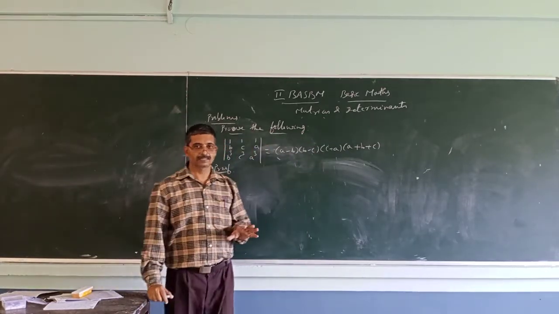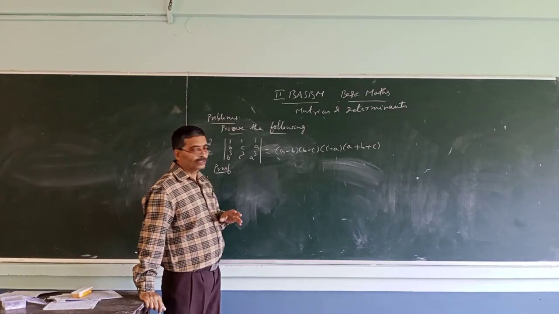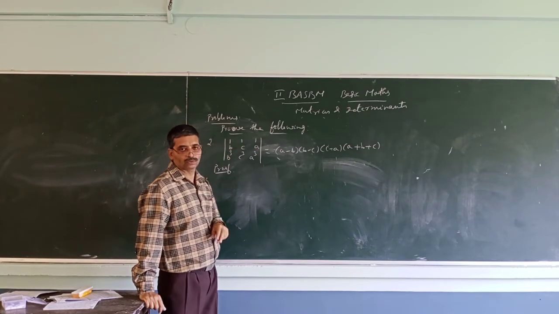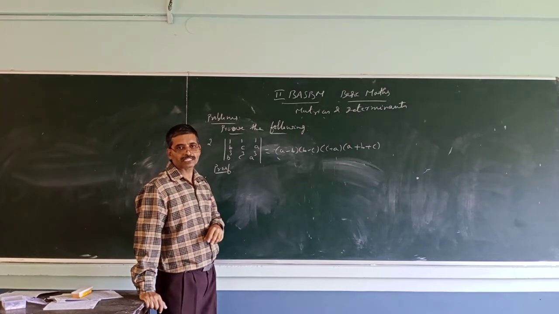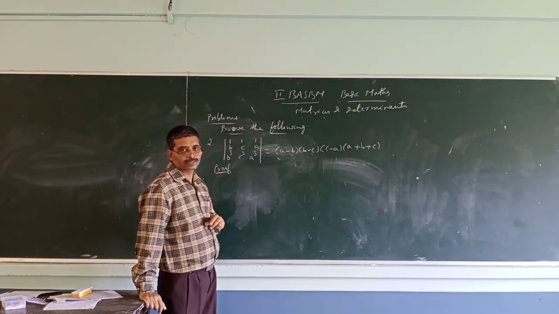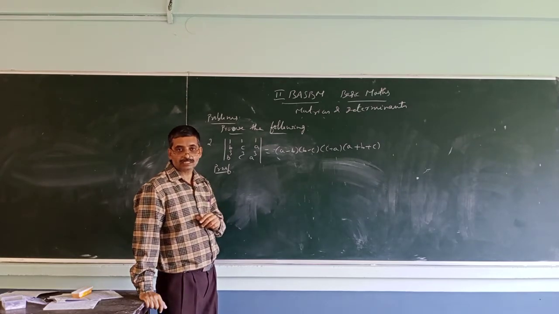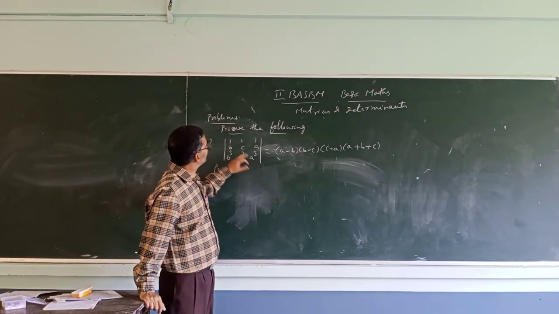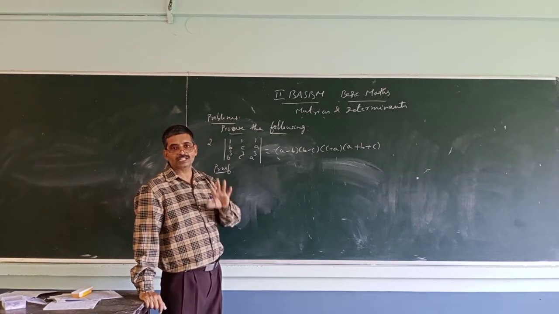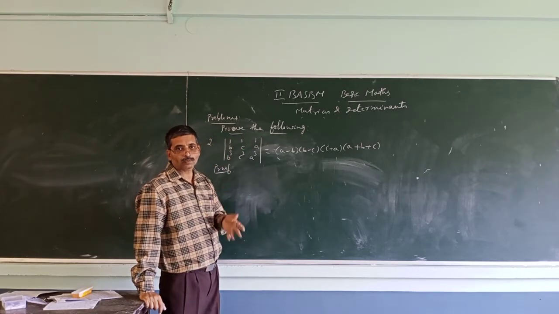So here, the simple way of doing this is to make these two elements zeros. How can we make them zeros? What is the advantage of making zeros? The advantage is that the calculation will be direct. 1 into this part, and the remaining part will not be there, since they are 0, 0.